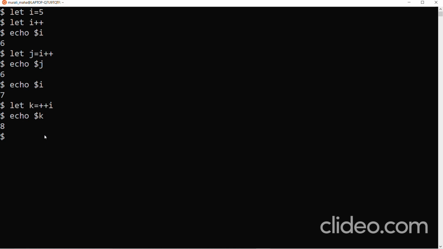Next, let supports all the basic arithmetic operators like plus, minus, star, slash. And then we have the double asterisk operator, which is for exponentiation. And then we have shorthand assignment operators. Let a equal to 5 plus 10.